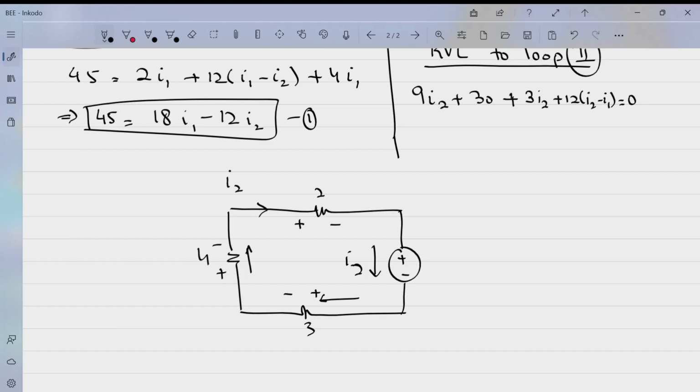So when I take all these currents in this direction, you can see all in the direction of current all the voltage they have the same polarity, ठीक है। ये भी प्लस टू माइनस जा रहा है, ये वाली करंट भी प्लस टू माइनस जा रही है, ये वाली करंट भी प्लस टू माइनस जा रही है, ये वाली करंट भी प्लस टू माइनस जा रही है. That means all these terms will add up with each other. 2i2 plus whatever is the voltage here plus v plus 3i2 plus 4i2. Fine. Now if this were the case,